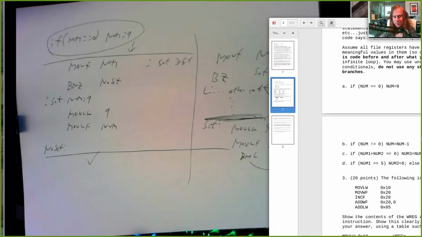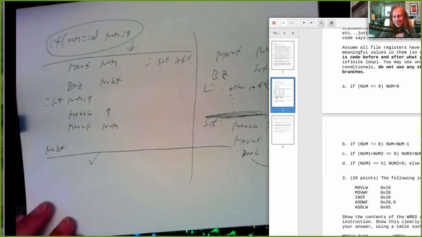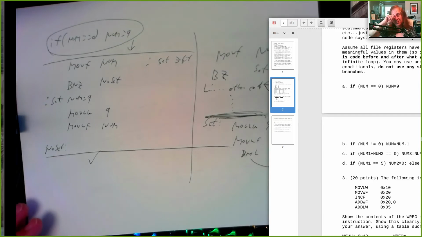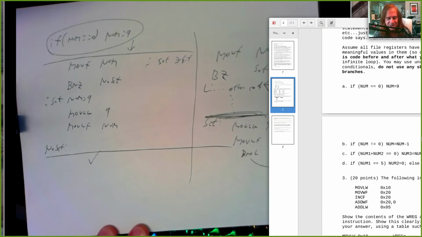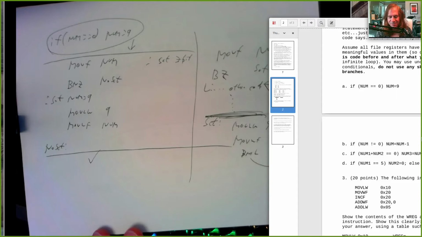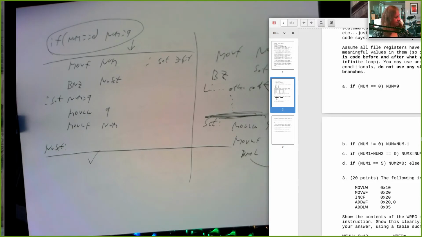But that's not a loop, right? That's not going to force it to keep doing the same thing over and over and over again. That's going to, one time, look at the value of num, and if it's equal to 0, set num equal to 9. And if it's not, set num equal to 9. But that's what I mean, is it's,